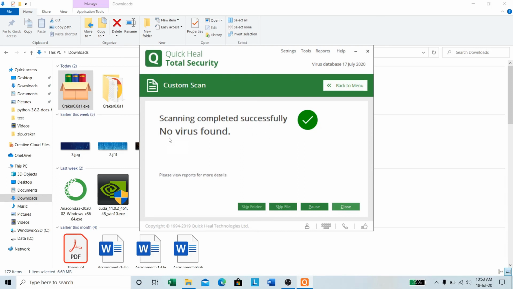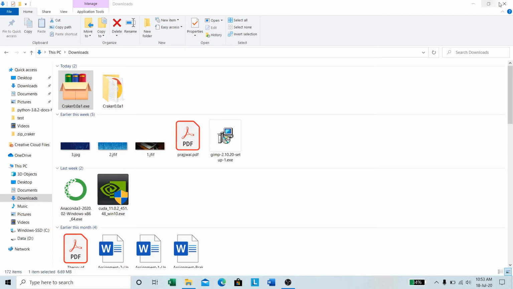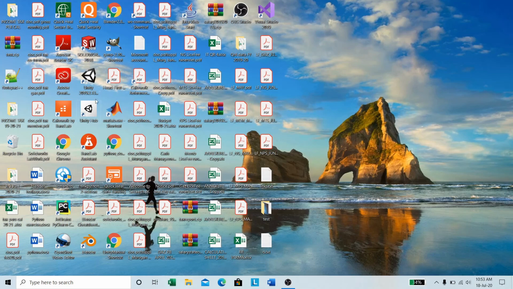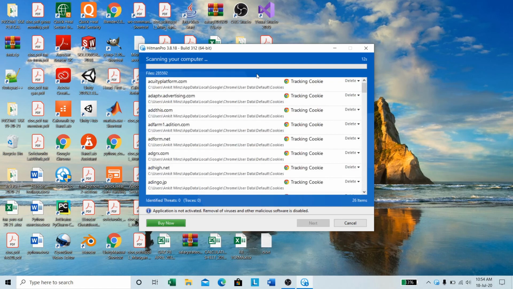Scanning completed. No virus found. Close. Now let's have a second opinion scan. Default scan. It will take quite a while. A few moments later.